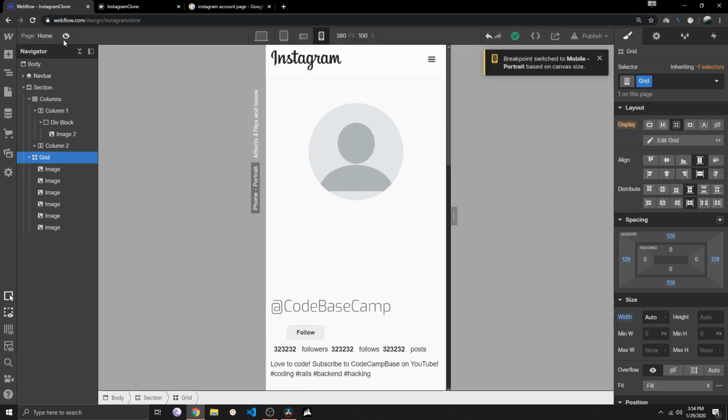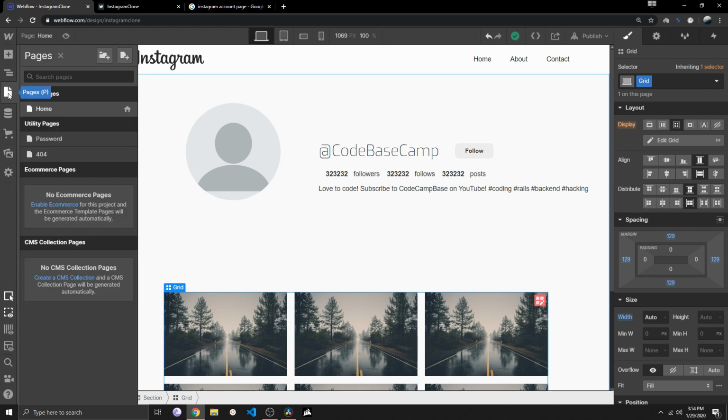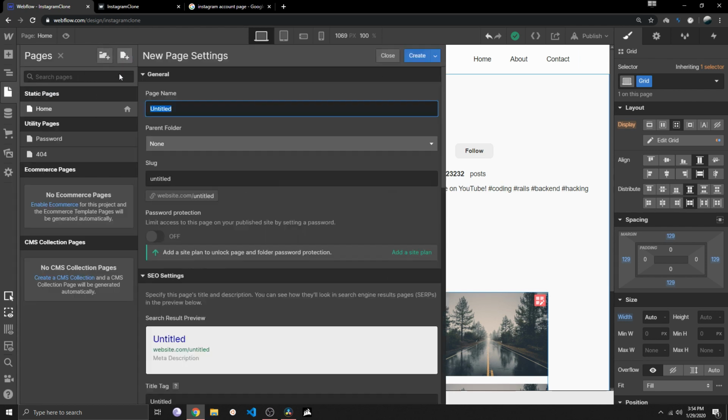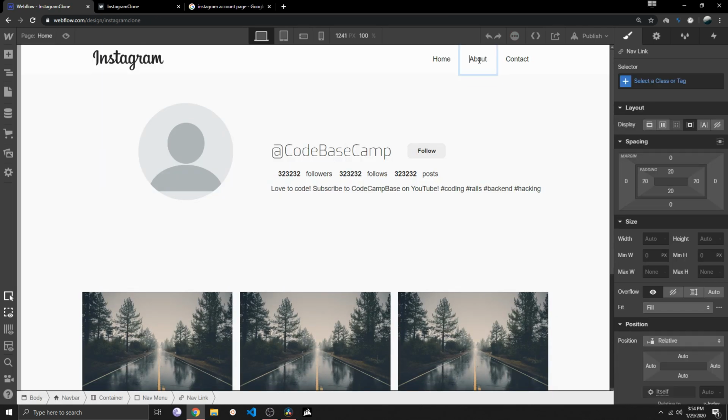Pretty awesome. Now let's talk quickly about links, just in case you want to add more links and test that out inside Webflow. So again, normally you would like to export that, but I just want to show you this quickly. So here we can click on this page icon, and then we can click on create new page, and let's call this one maybe account details or account, click create. And then we can link that. Okay, so if I head over to pages again, click on home, and then select here, for example, this link,